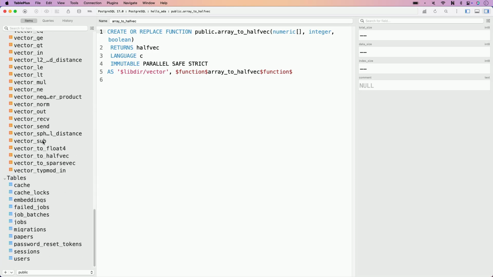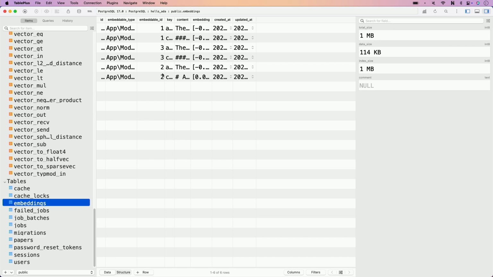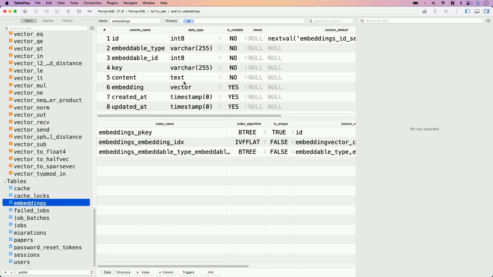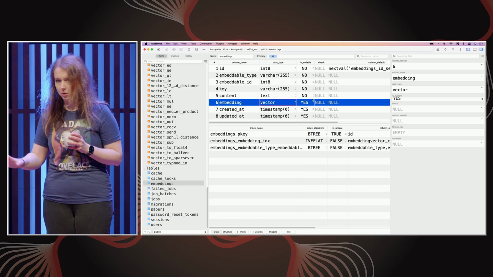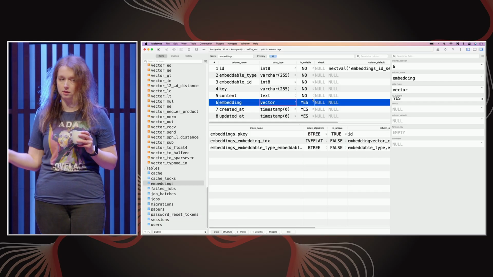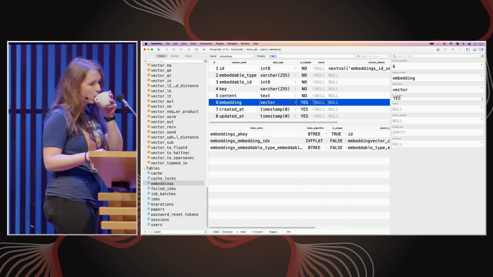It also extends Postgres by a vector data type, exactly for this use case. And of course, we can add an index to this vector column, and that is another topic which I will not cover today because that is a lot of fine-tuning included.